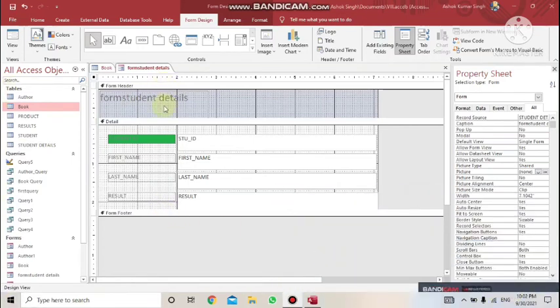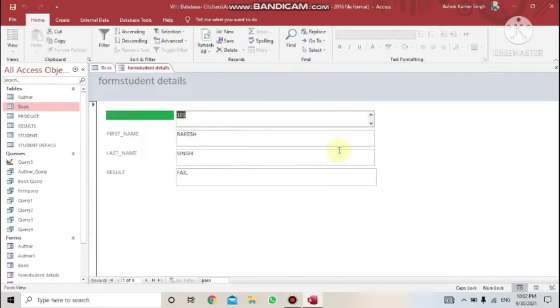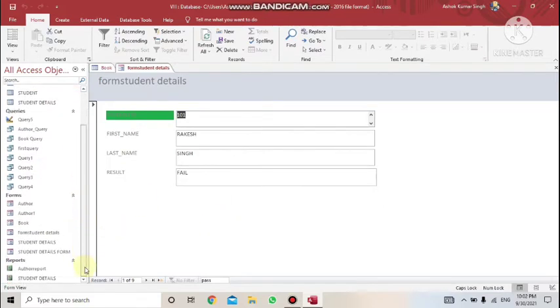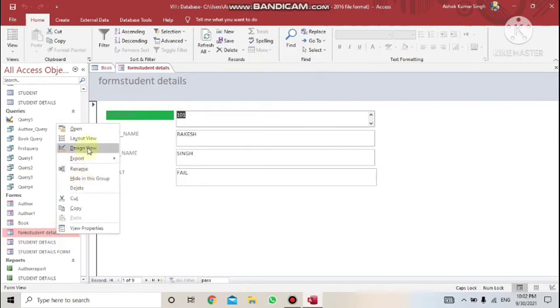So here we learned how to change the appearance of the forms. Another thing is entering new records. For that, open the table in form view and the entry can be done as I told. For changing the visibility, you can go to layout view. For changing the control design, you can go to design view. Directly from the form tabs also, what is the name of your form? Form Student Details. Right click on this and you can choose the option design view. From there also it can be changed.